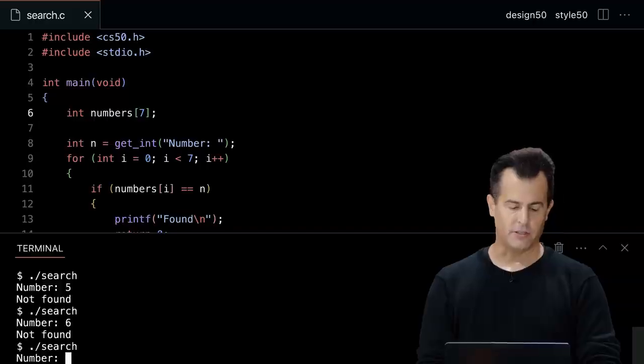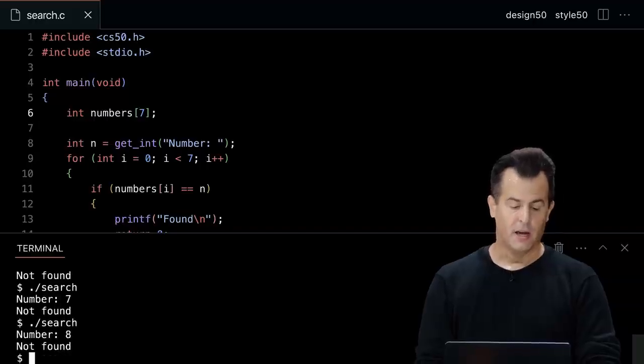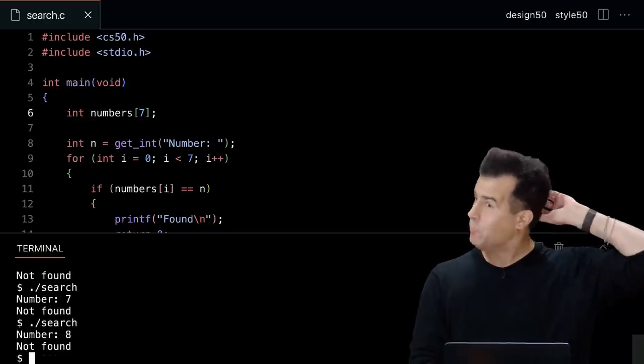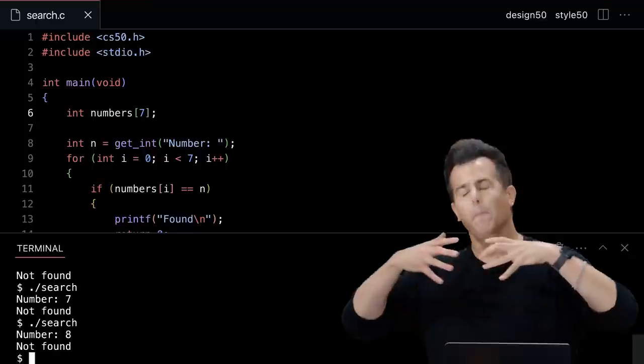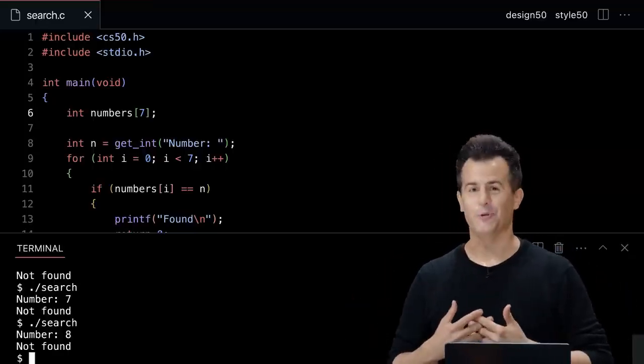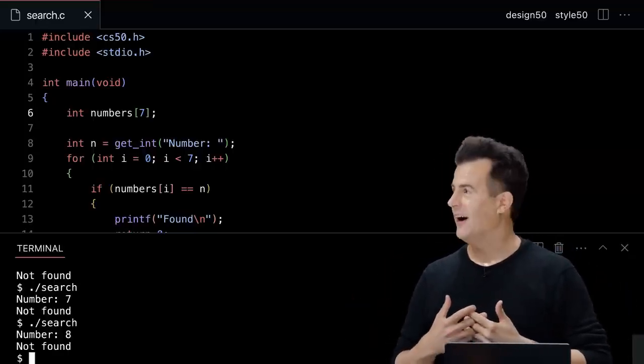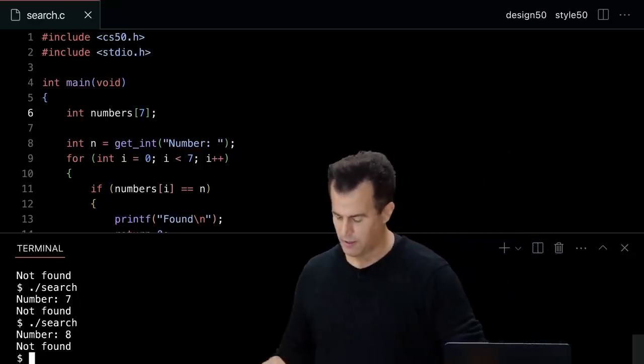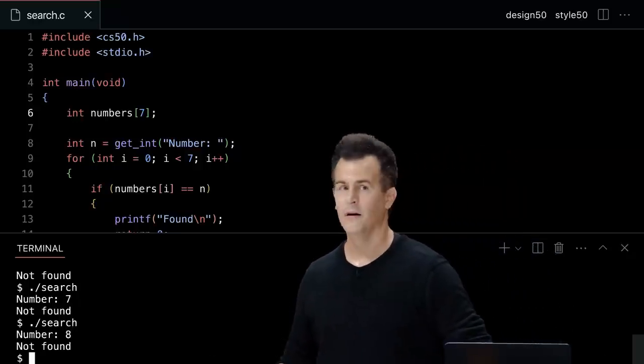OK, we're going to have to do this all day long to actually find the values. There's 4 billion possibilities. But at some point, we would get lucky, and it would say found, but only by chance. So in short, do not do that, since it is wrong. All right, other questions on the code that we've just written?